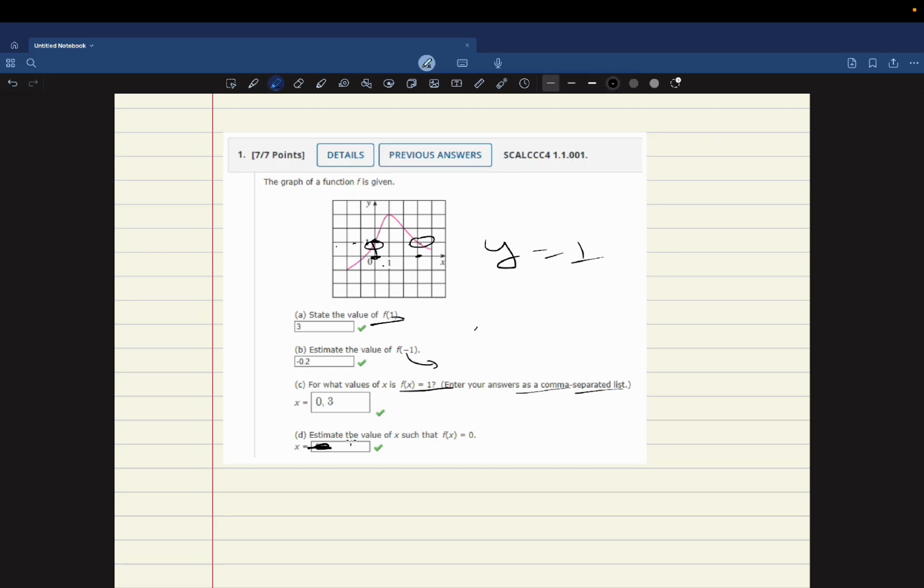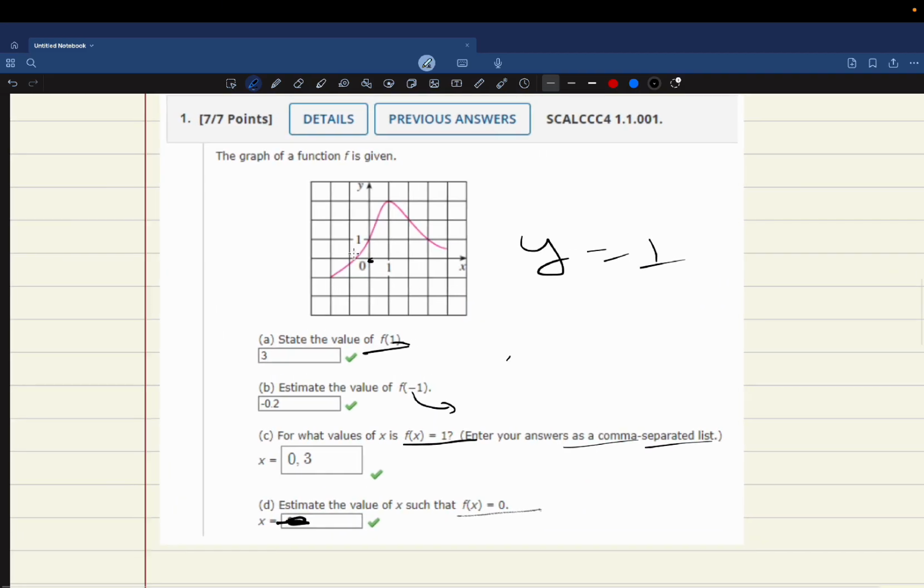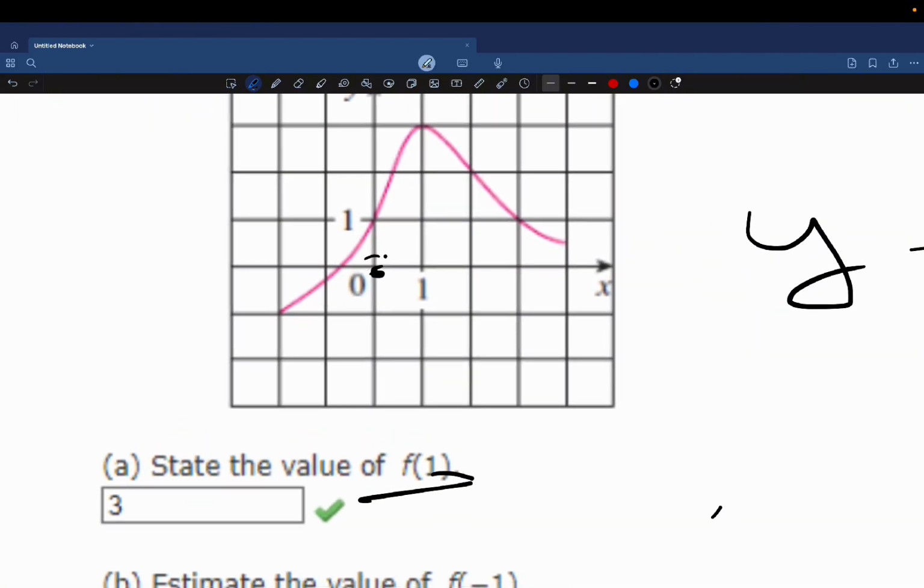Okay, so our last one, estimate the value of x such that f(x) equals 0. Okay, so when y is equal to 0, I'll erase this. So let's see. When y is equal to 0, this means this point. So now if you look at this line closely, I'll also zoom it so it will be easier. So you can see we need to find the value of x when y is equal to 0, which means this point. So if we look at this point, the coordinate of this point will be negative, it looks like negative